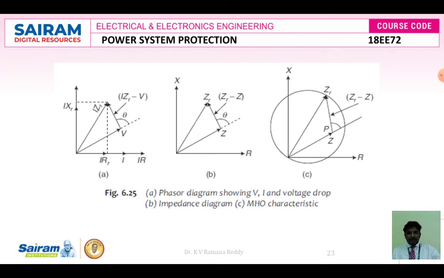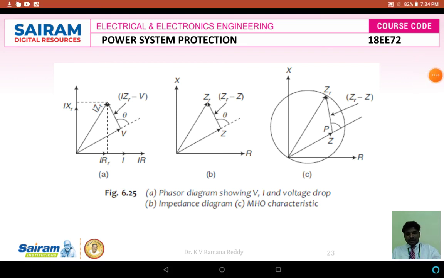These are the appropriate phasor diagrams with respect to voltage, current and voltage drop, and the impedance diagram and Mho characteristics. Figure A shows the phasor diagram between voltage and I, which we have just discussed, and figure B shows the impedance diagram where the operating impedance or the radius of the impedance curve is Z, in any mode of operation. And here the Mho characteristics: the point P, that is the location of the fault, which is very near to the operating characteristic region, gives better results compared to other regions.